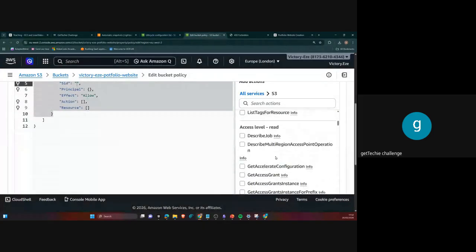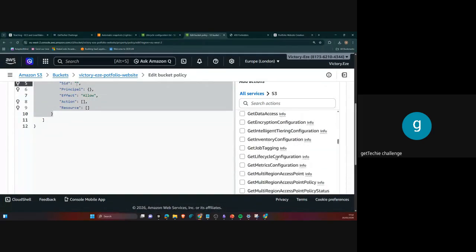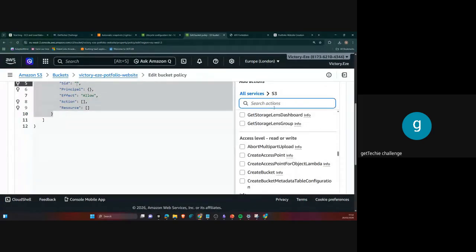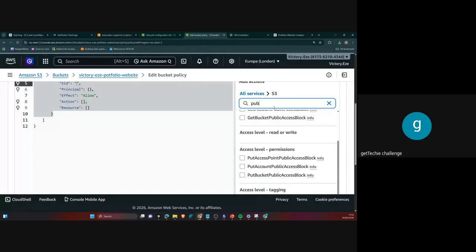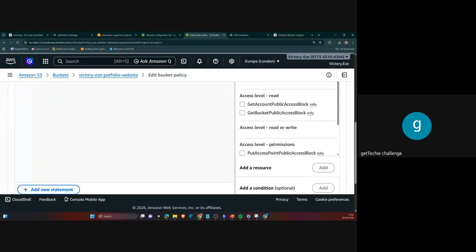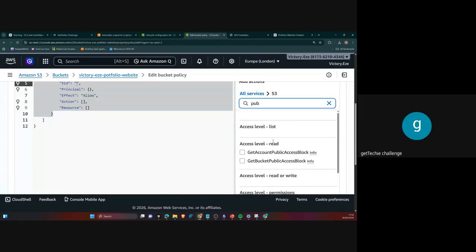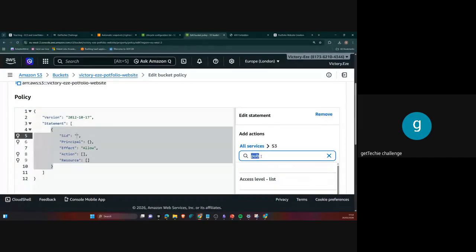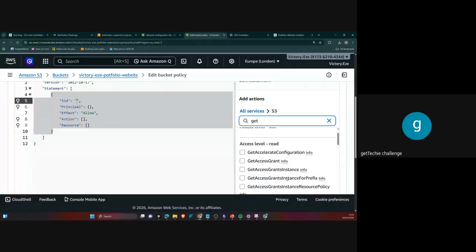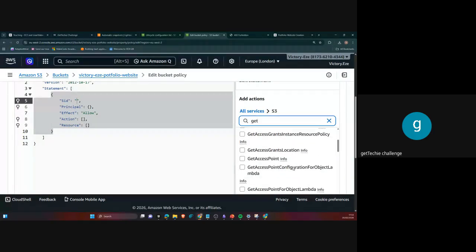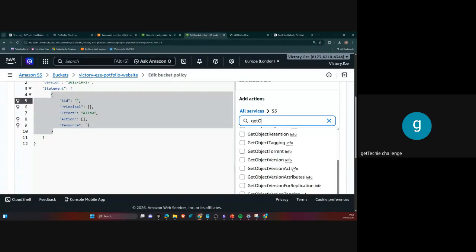So we can just scroll down. Where is the public read get object? I can just search it here, public. ChatGPT, don't disappoint. Not like public read get object. So we are just going to do get object, right? Yeah, get object. Good.